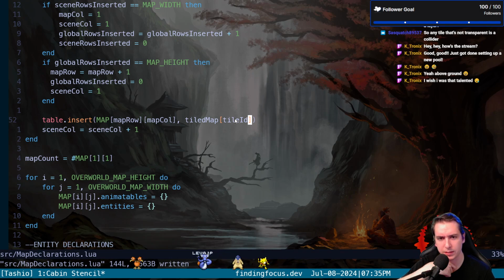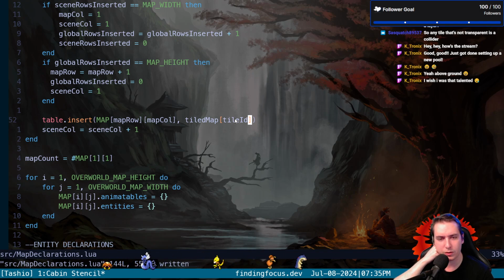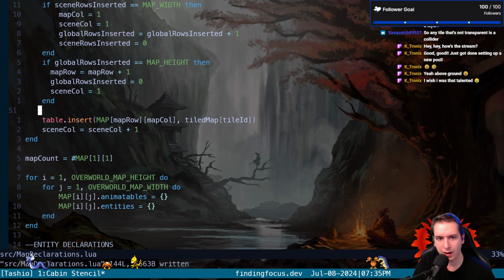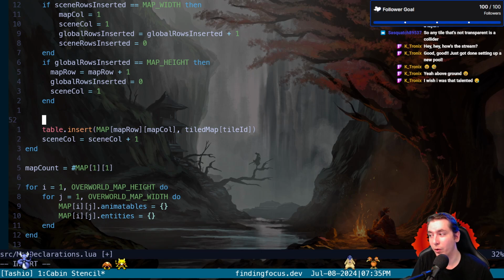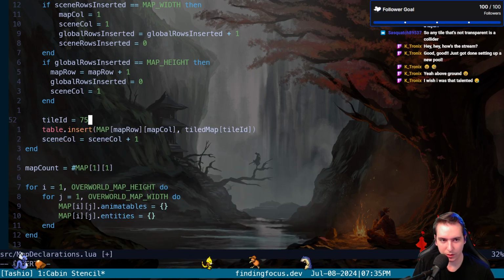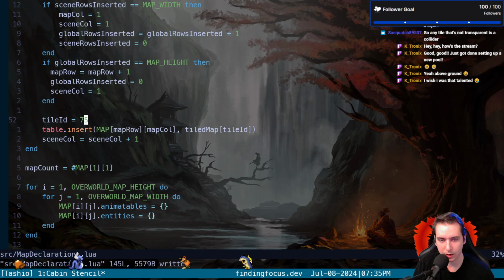Otherwise we crash, because it has to know which index to draw from our master sprite sheet, and it's 1 indexed. So if we give it anything less than 1, it'll crash. But I'm wondering if we could just say that 75 tile is a reserved transparent tile, or maybe we make number 1 in our sprite sheet a reserved transparency tile, and the tile ID just gets reassigned to that transparent tile that was 75 when we just tried it, and now let's try to draw